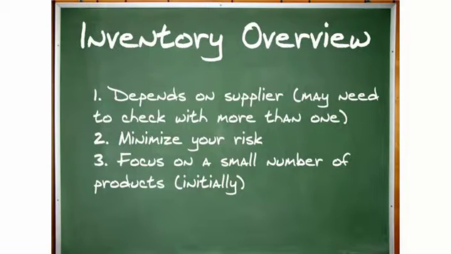So step number three, focus on a small number of products initially. This is going to help you get your inventory systems down, your reordering systems, and however you're processing the inventory. So initially, you're definitely going to want to focus on a small number of products, 1 to 3 basically, because then you're able to manage that inventory, make sure you're not ordering too much,